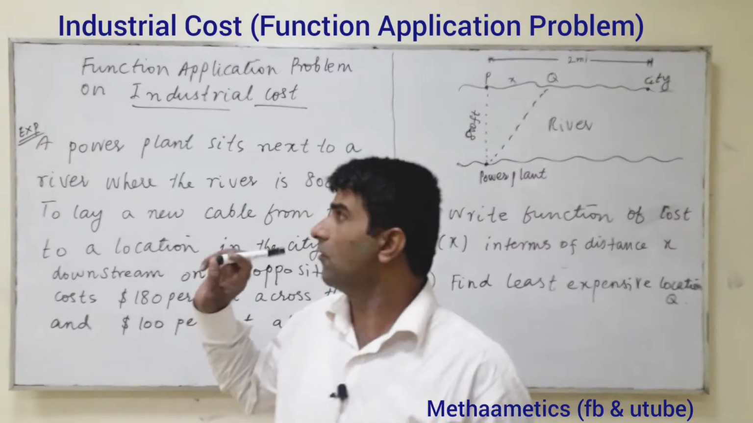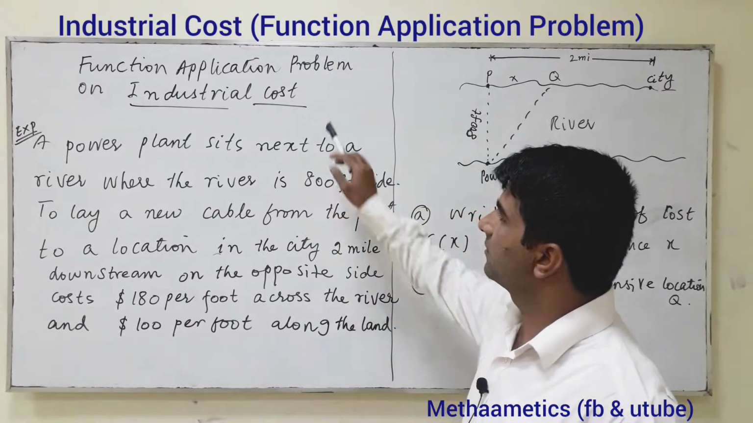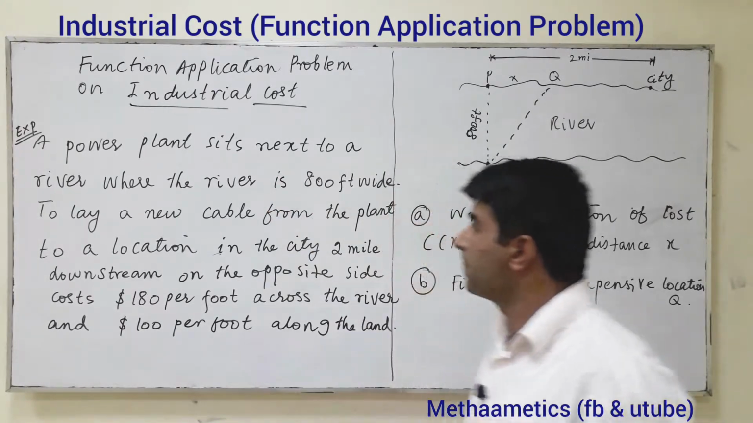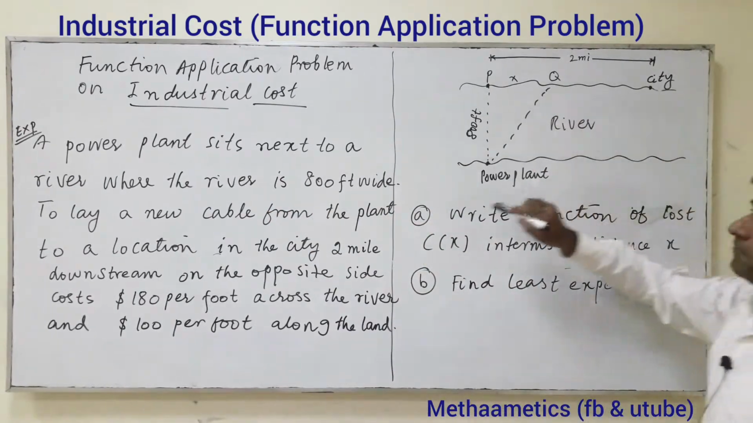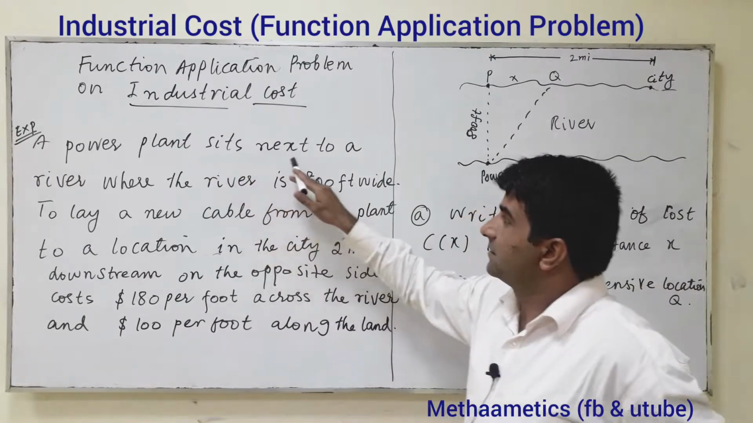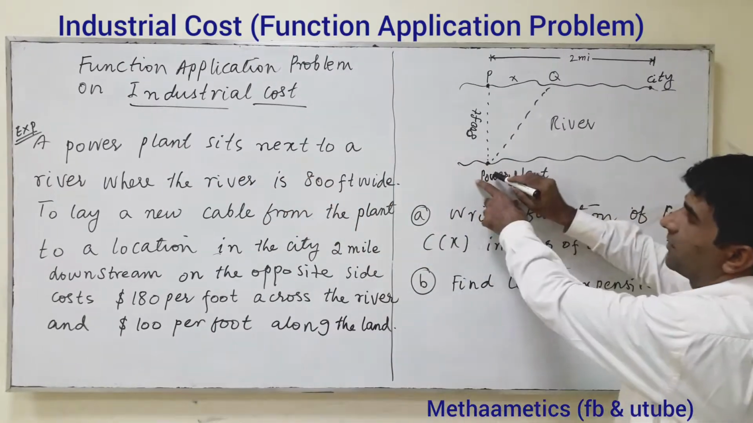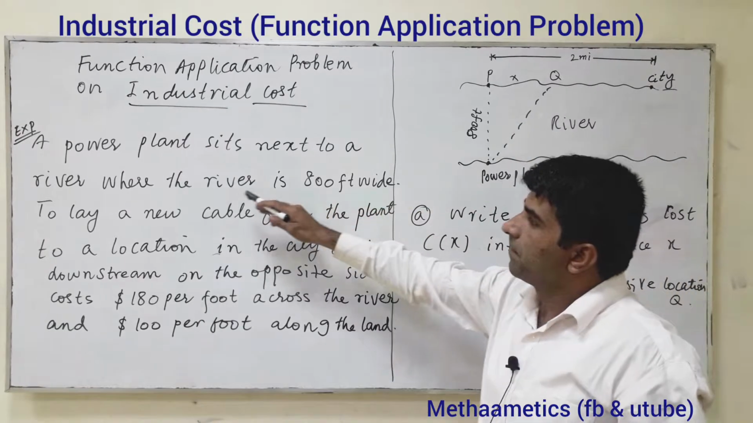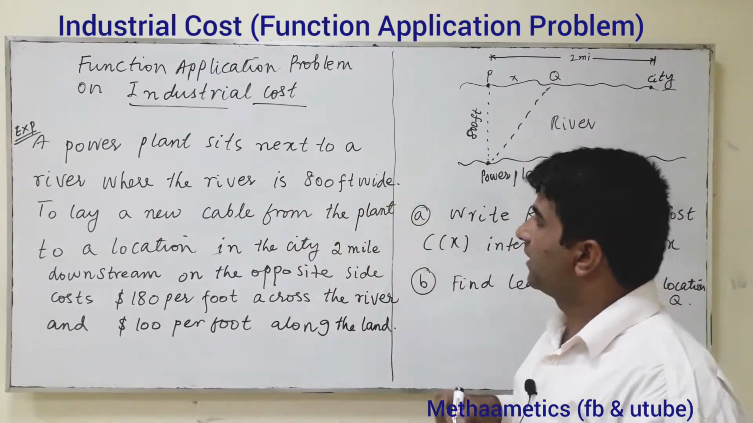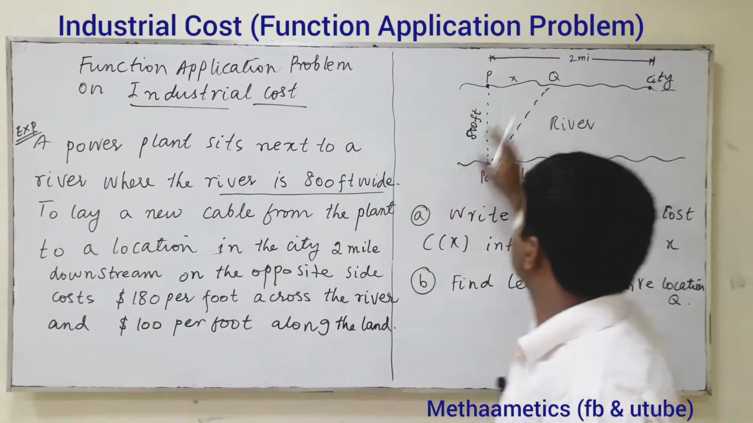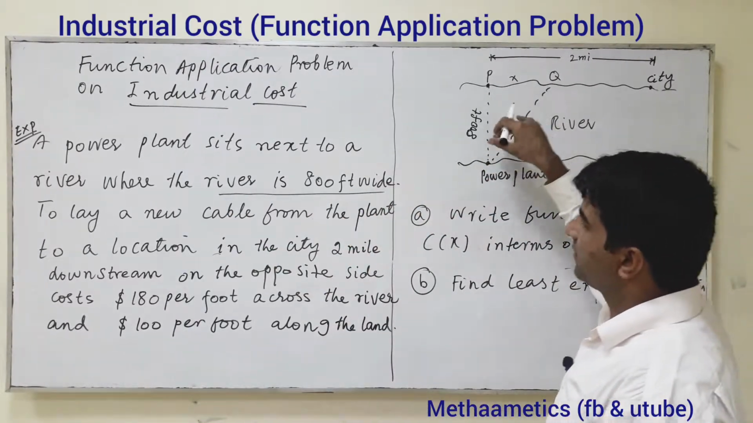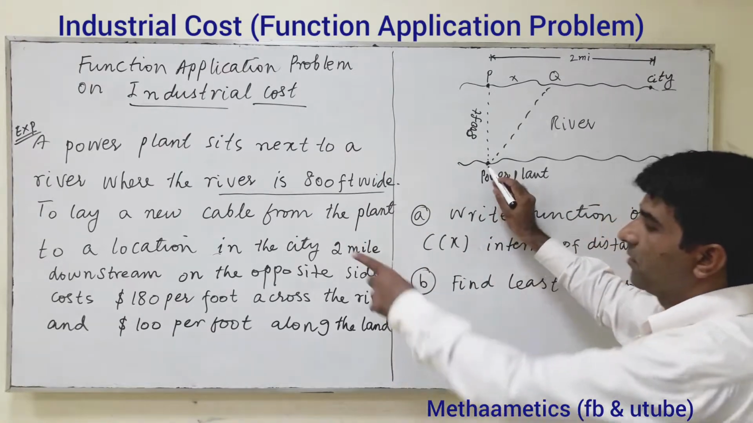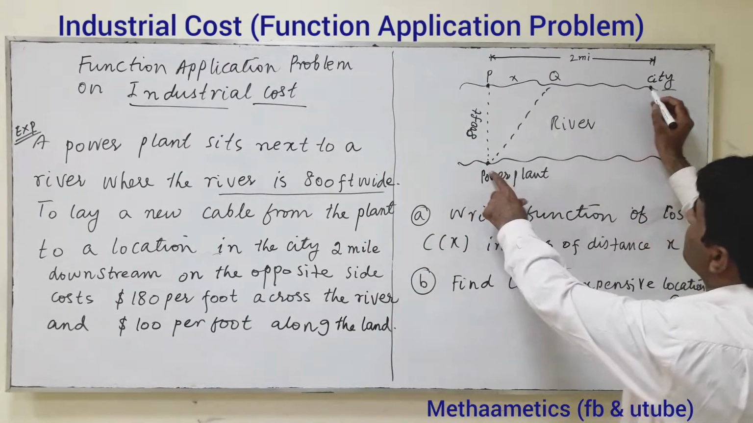In this problem of the function, we have to find the industrial cost for a power cable. A power plant sits next to a river, where the river is 800 feet wide. We have to lay a new cable from the power plant to a location in a city which is 2 miles